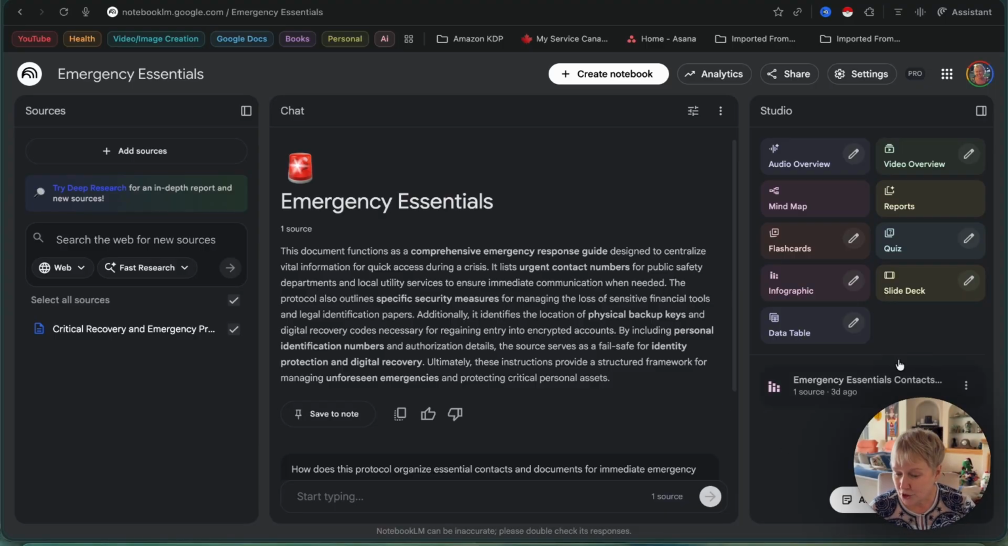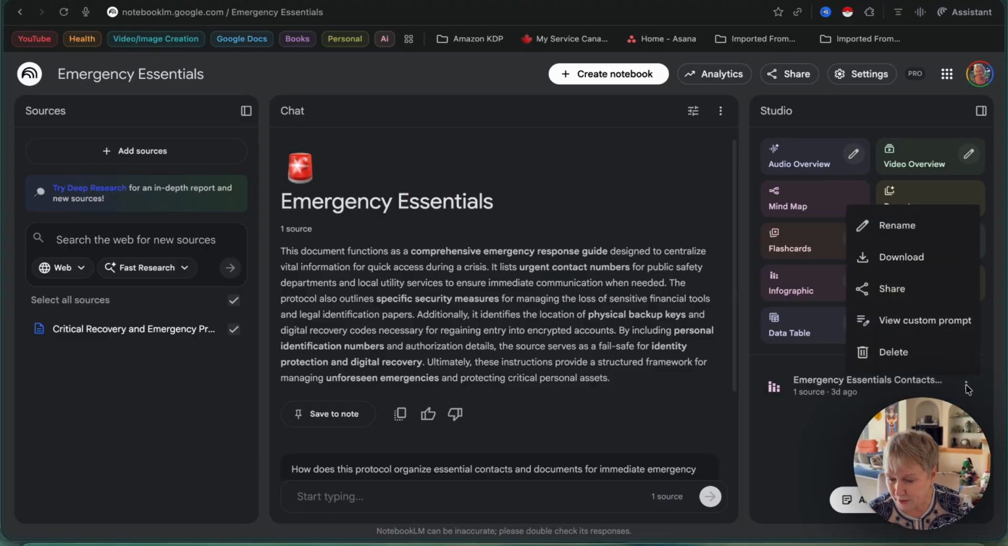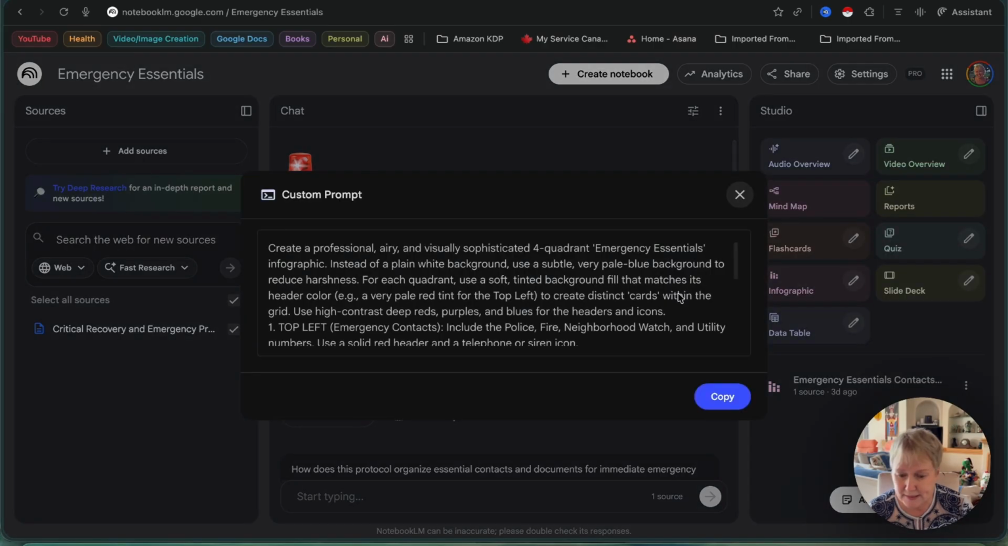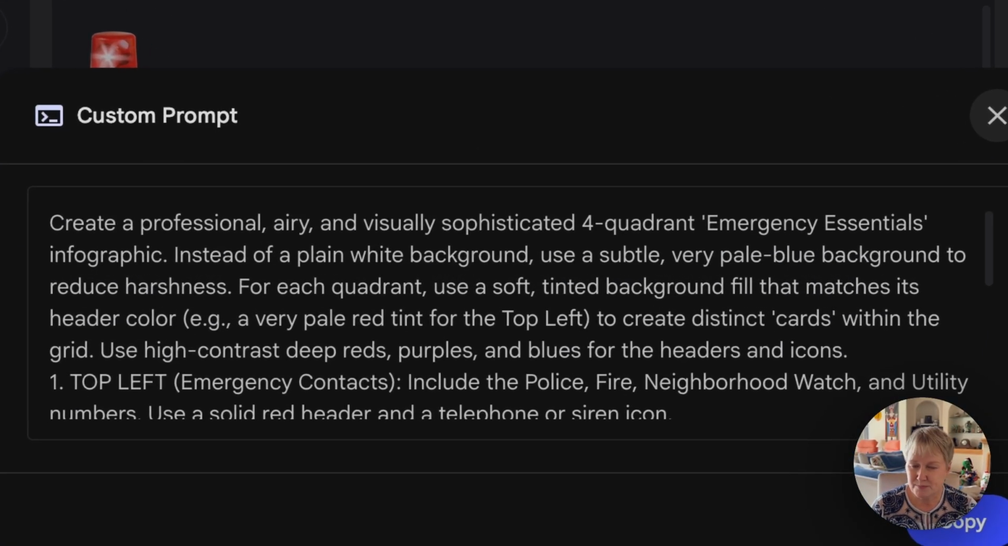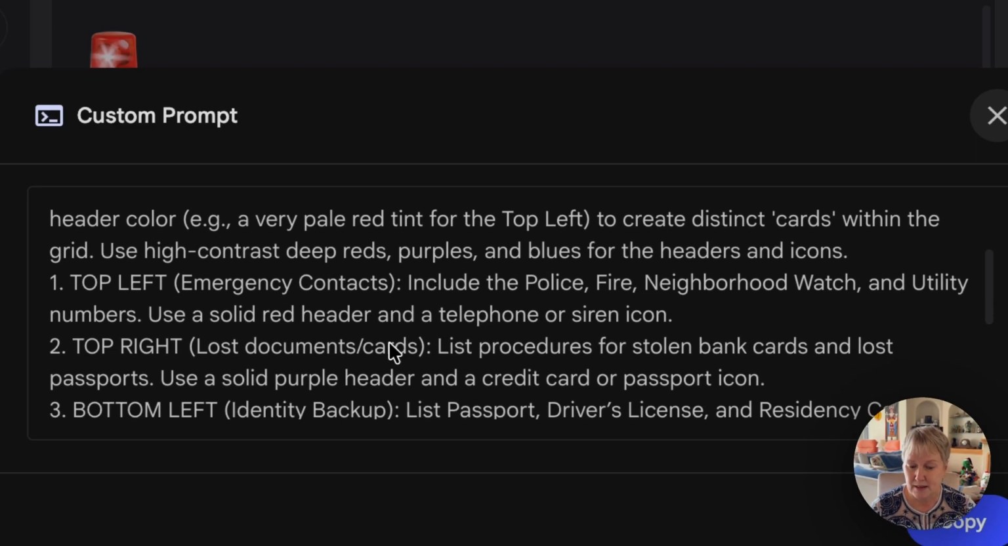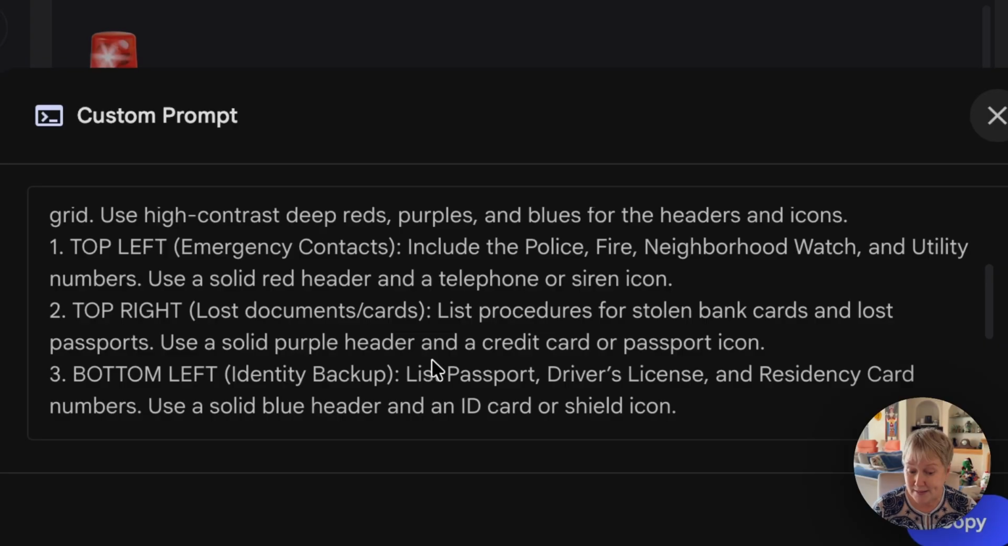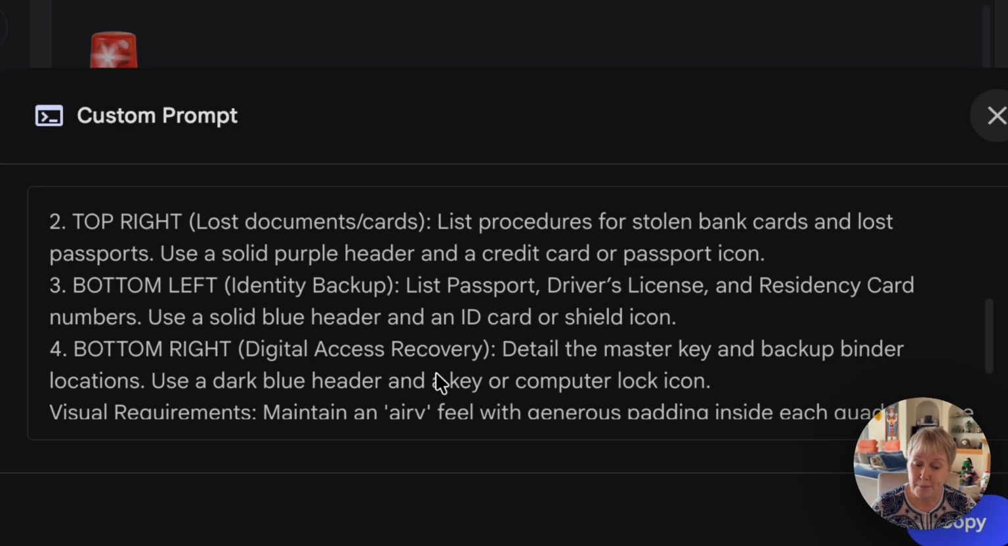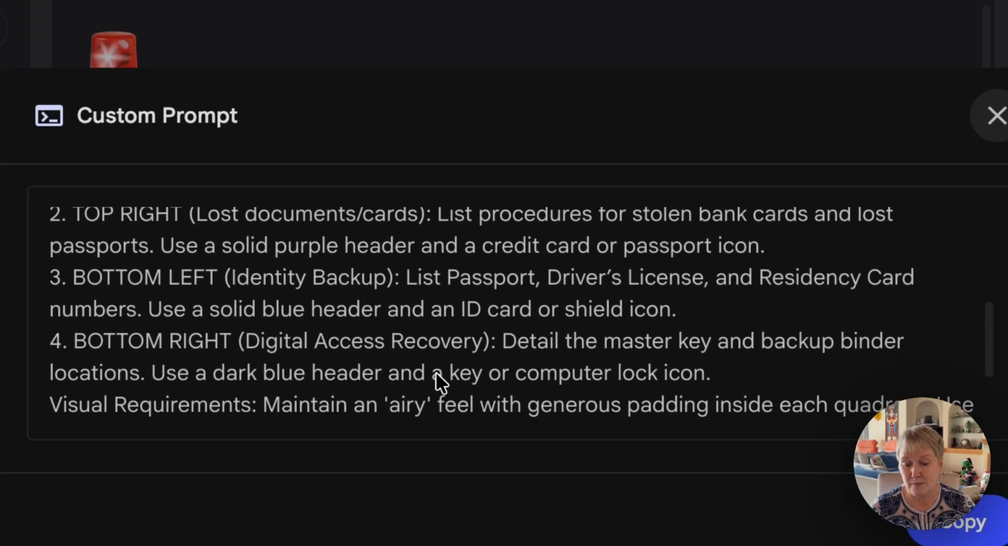And then I'll show you the prompt for this one. The prompt is always pretty much the same structure. Give a general outlook of what you want: a professional, airy, and visually sophisticated four-quadrant emergency essentials infographic. Then you talk about colors, what you want, and finally you talk about how you want the information presented. So top left would be emergency contacts, top right, lost documents and cards, bottom left, identity backup, and bottom right,